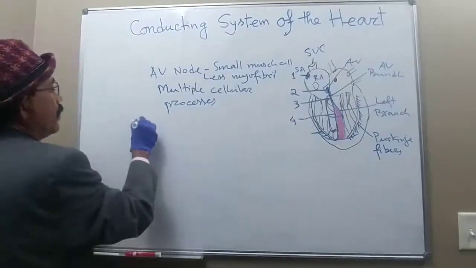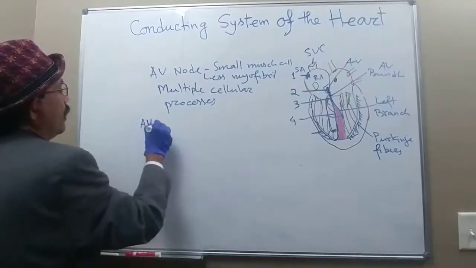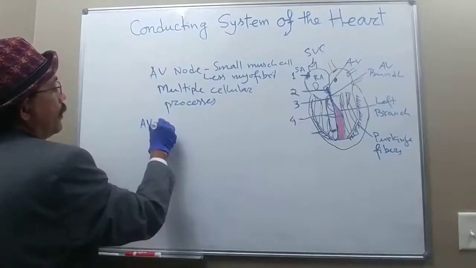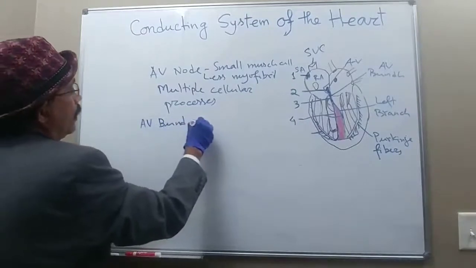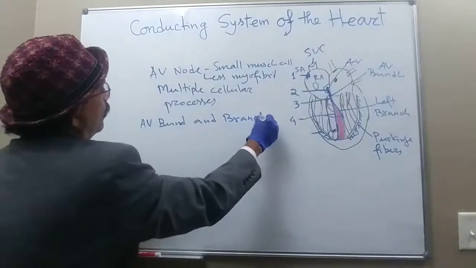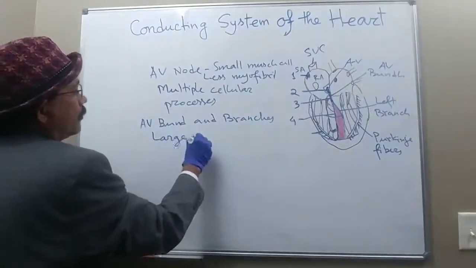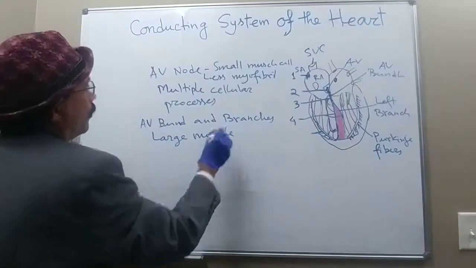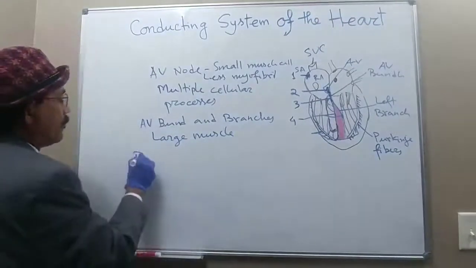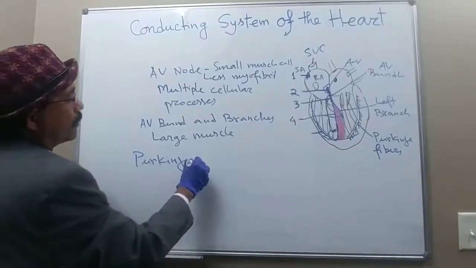If you go to the AV bundle and branches, we get large muscles. Okay, if you go to the Purkinje fiber,